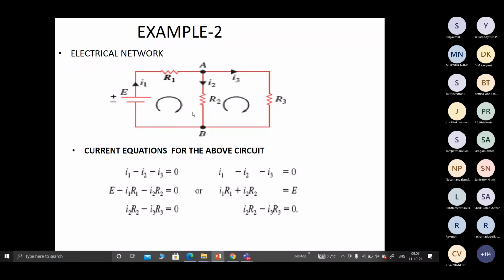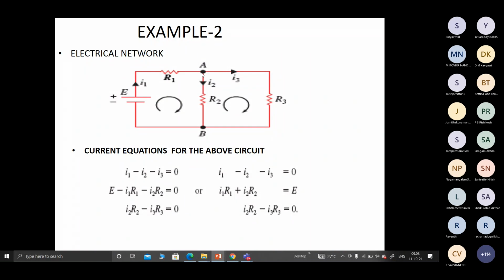So we are going to again form equations for each of these loops. How do you do this? This is an equation based on currents, Kirchhoff's voltage law and current law. What does the voltage law say, or the current law say?